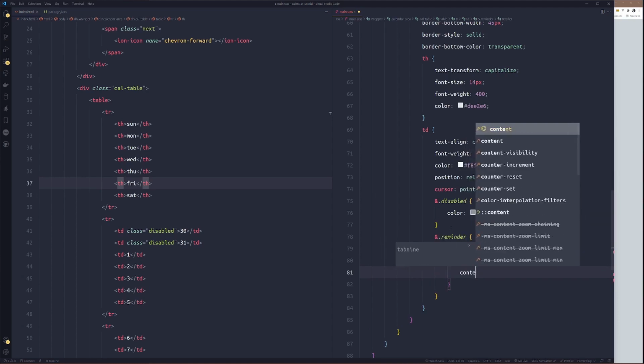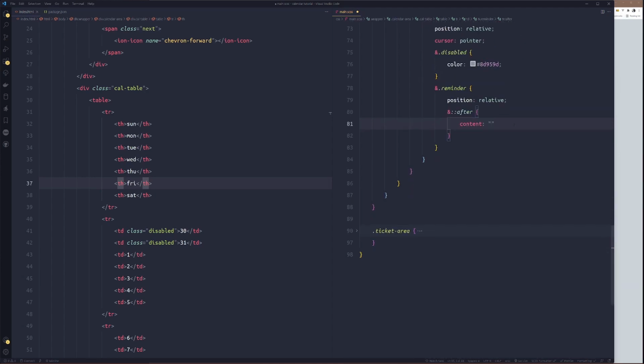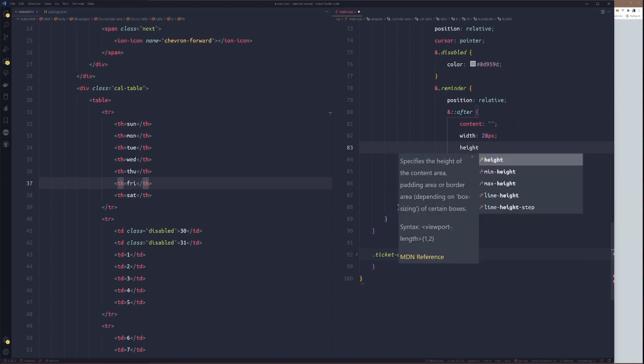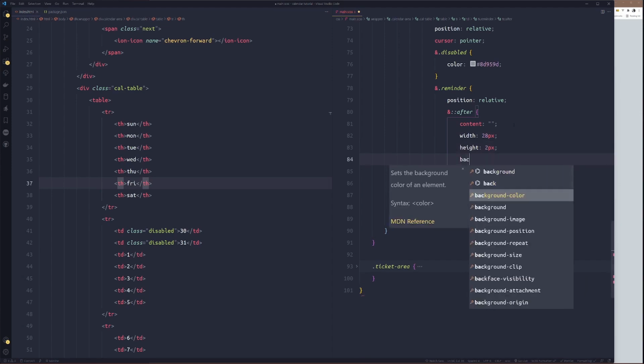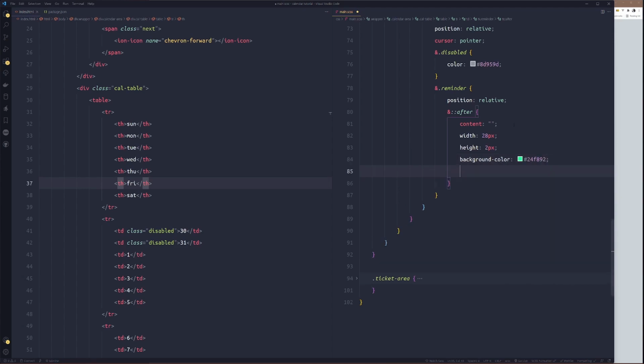So content will be an empty string, while the width we'll set to 28 pixels. The height will be 2 pixels, while the background color will be ash 24F892. Then position will be absolute.